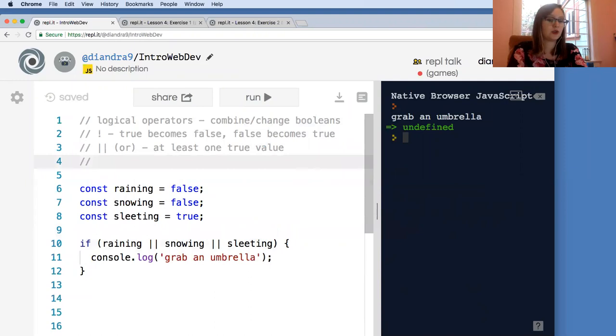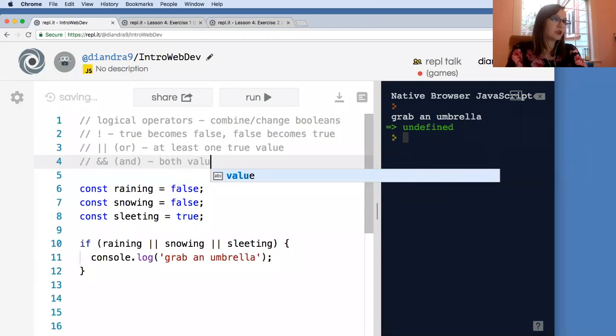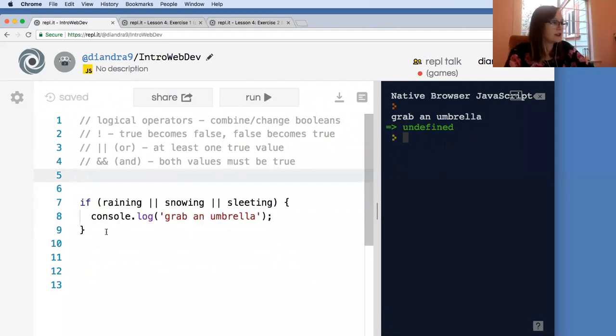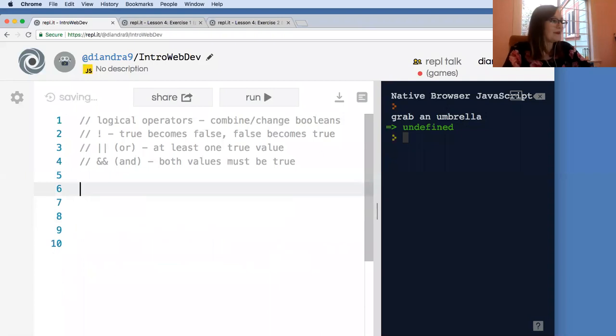The other one I want to show you is called and, and is represented by the double ampersand. So this one's a little more strict. Both values must be true. So let's say that we want to go to the beach. So we would want, wait, actually, let me think about this. I need to come up with some of these examples in advance, so I'm not making these up on the fly. Okay, so for and,